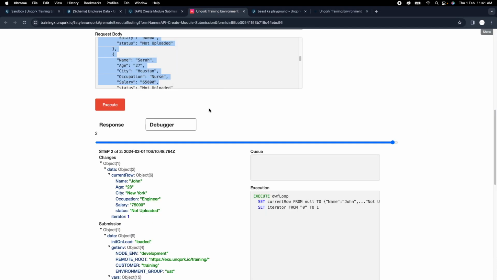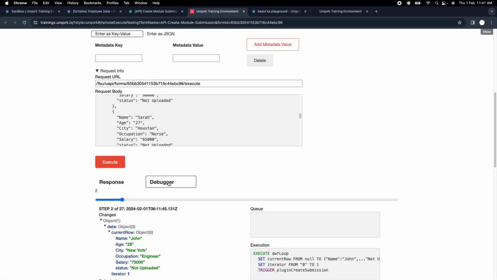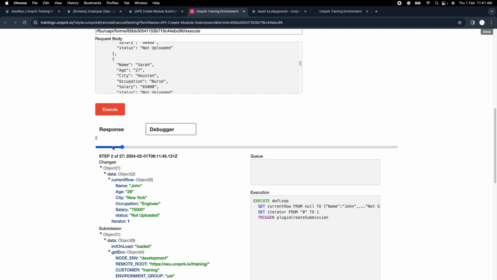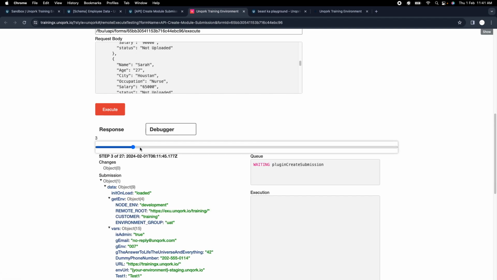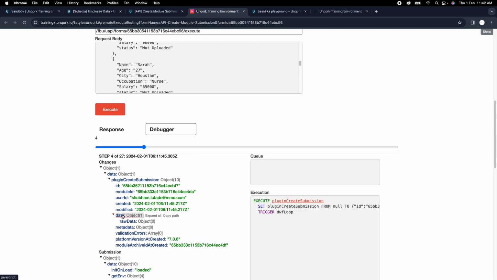Okay, so let's try it out. We'll just do this server-side execution here. Okay, so now you can see it is getting executed, right, according to our need. So first the data workflow will get triggered. So this will trigger this plugin, and the result of that is we have got this, right? So this plugin create submission got executed,